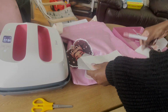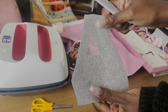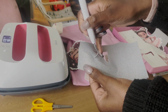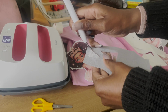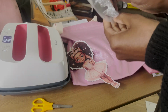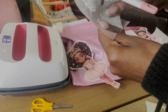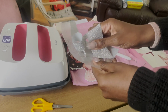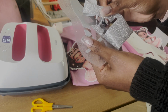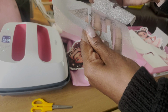Weeding the vinyl is very, very simple. I like to just cut around the vinyl just to save as much as I can. And then I get my weeding tool and I weed the edge. So I keep it on the paper, because remember we cut out the name. So the name parts that overlap the A will be cut out. So I'm just taking my time to go around that,